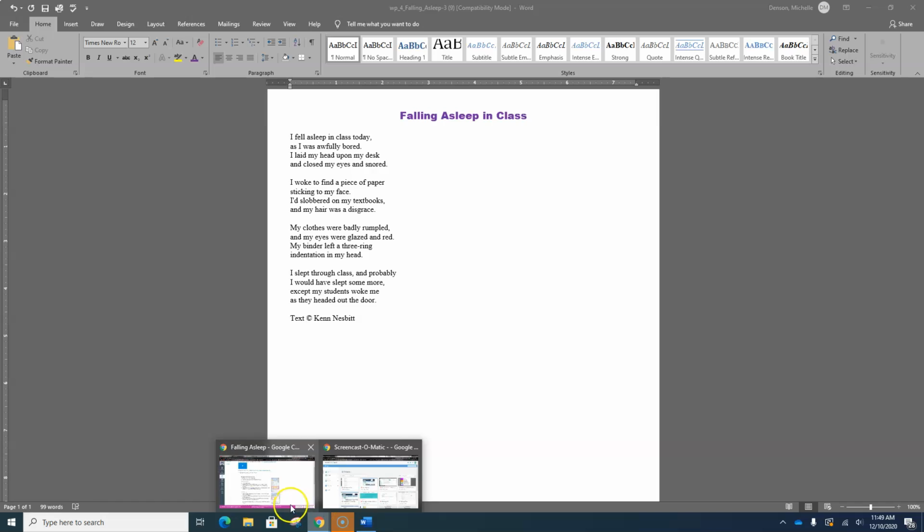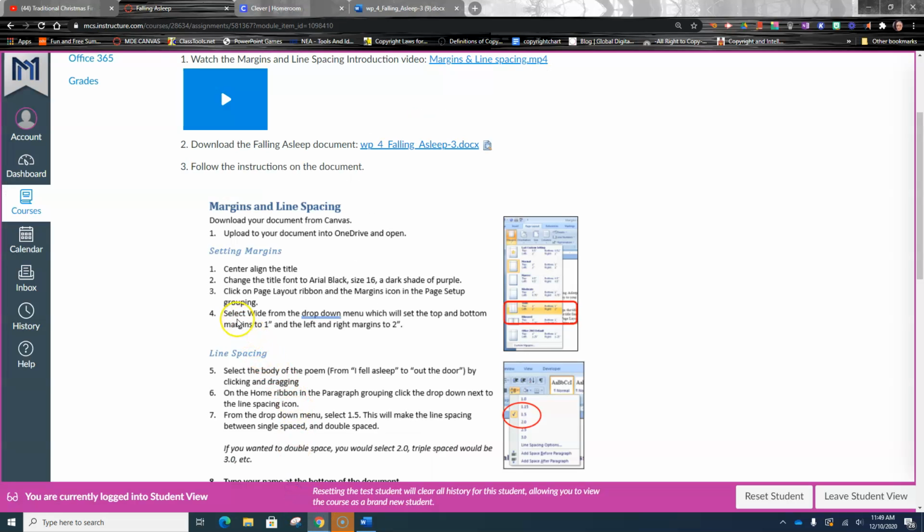The next thing, I'm going to come back to the directions. It wants us to change the width. It says to click on page layout ribbon and the margins icon to page setup grouping and select wide from the drop down menu, which will set the top and the bottom margins to 1 inch and the left and the right to 2 inches. So we're going to go